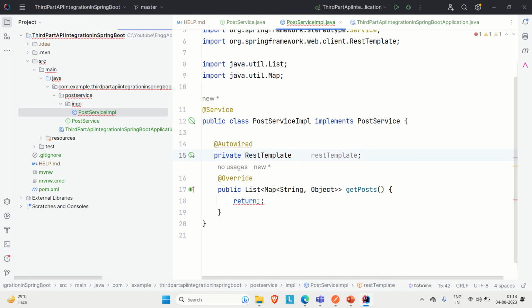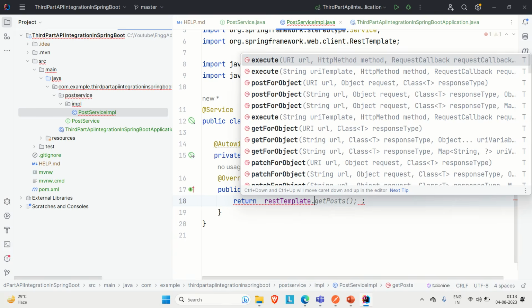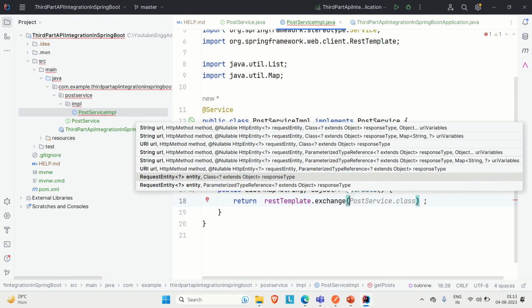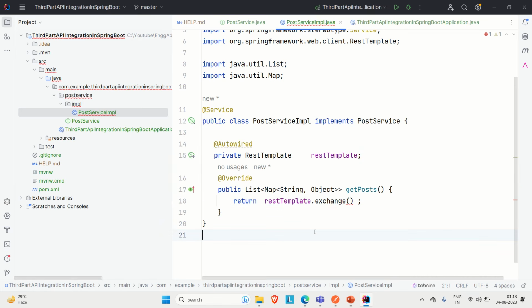And with the help of RestTemplate, we are going to call the exchange method. So with the help of the exchange method, we are just going to call the third party APIs here. So before calling the third party API, what does the exchange method require? What all the parameters or attributes you need to pass in the exchange method, that we need to discuss here. So if we go to the exchange method, let me try to go there,